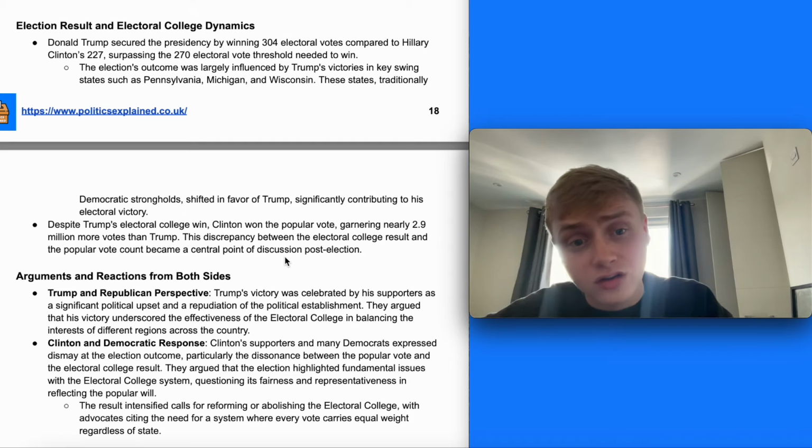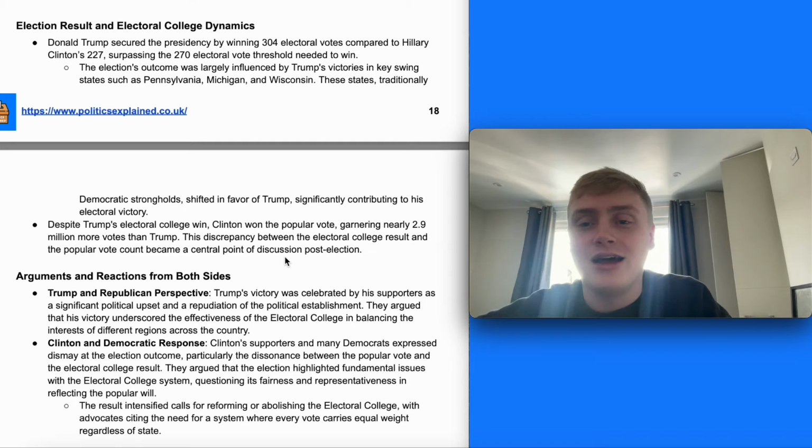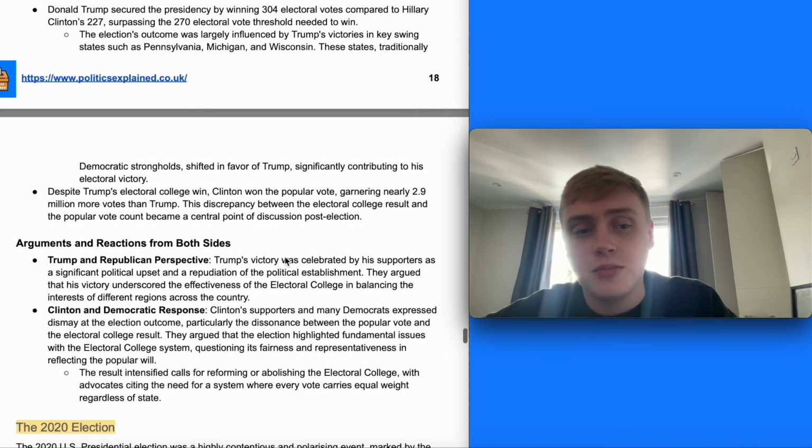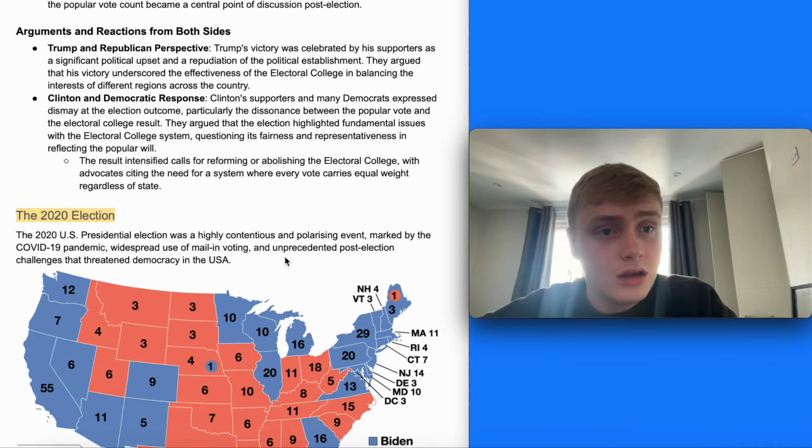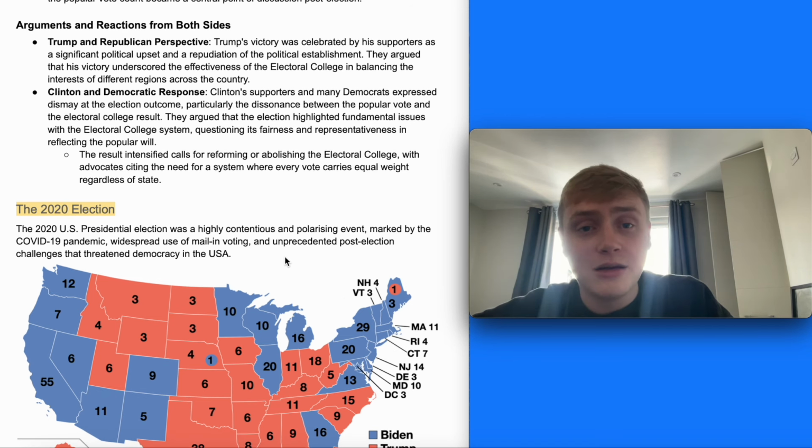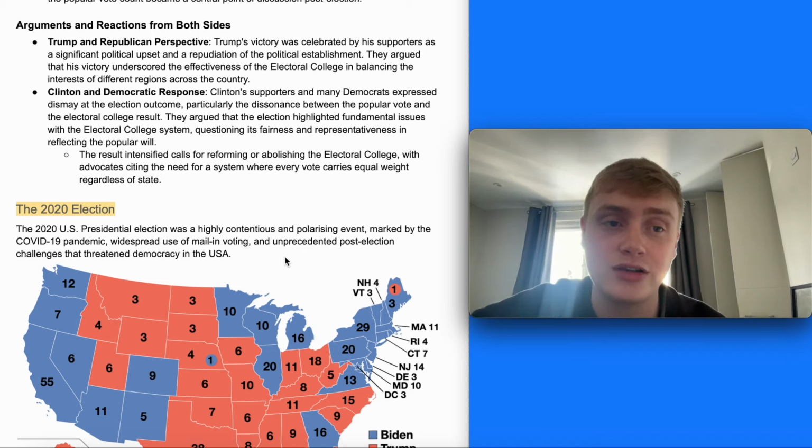Despite his Electoral College win, Clinton actually won the popular vote, garnering nearly 2.9 million more votes than Trump, and the discrepancy between the Electoral College result and the popular vote became a central point of discussion post-election. On the Trump and Republican side, it was celebrated as a significant political upset and repudiation of the political establishment. They argued that his victory underscored the effectiveness of the Electoral College in balancing the interests of different regions across